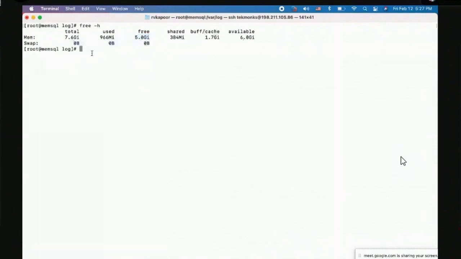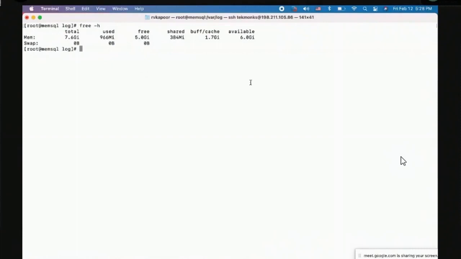If you are a database administrator, if the operating system starts using swap heavily, and especially if it's running out of swap, then you have issues, because that means the memory is not enough, and the system has started using the disk space for memory, which is going to be extremely slow, especially for memsql. That will kill your queries. And this is a quick way to see if my box is running out of memory or not. -h, again, is human readable format, so that it will put it in gigabytes and megabytes instead of putting it in bytes, which I may or may not understand. So this gives you a quick